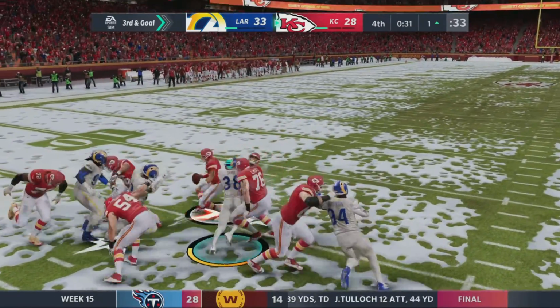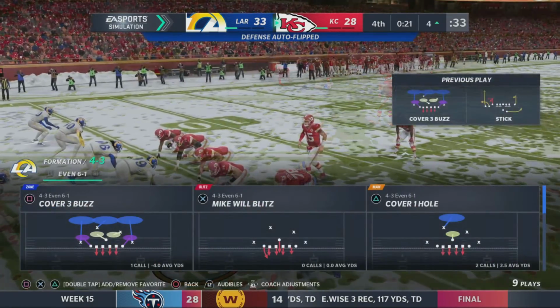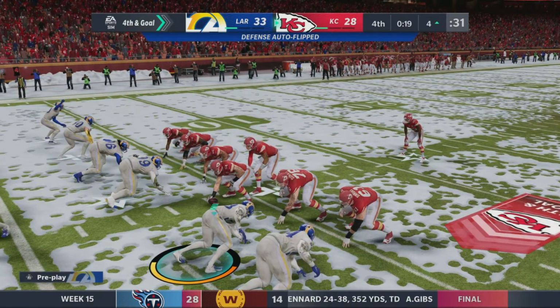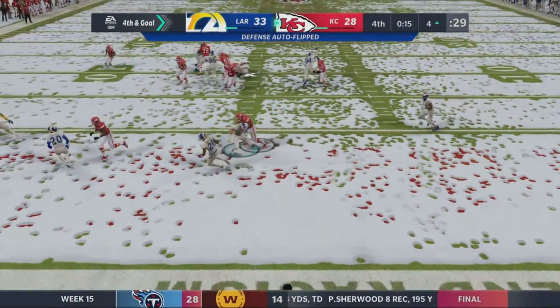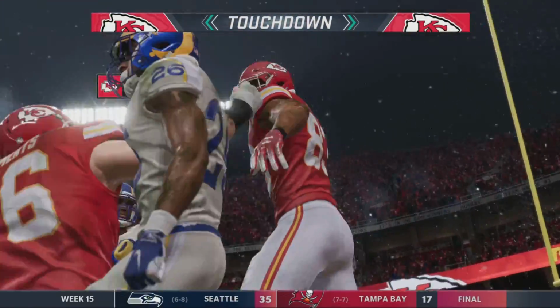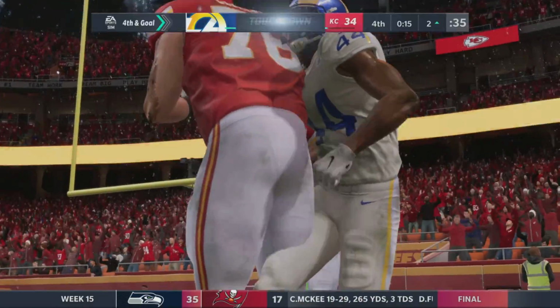To throw, Mahomes. And he can't get a throw off. He's taken down. What a huge play at this point in the game. They'll go for it. It's Mahomes. And he's got it. It's caught for a touchdown. And they have taken the lead here in the...